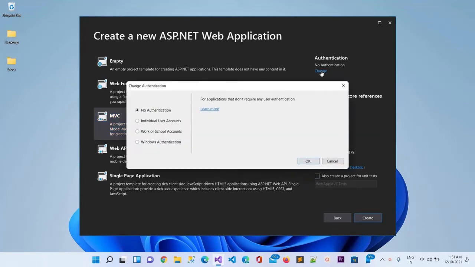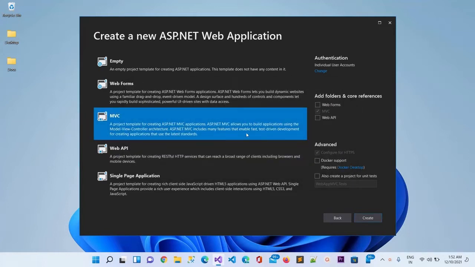And one thing I can do here is select individual user account. That means Visual Studio will automatically write the code for the authentication, and it will also create the complete code to register or sign in the user, and there will also be written code for Facebook, Twitter or Google and Microsoft account authorization. So let me first go ahead and create the individual user account, and now click on OK.